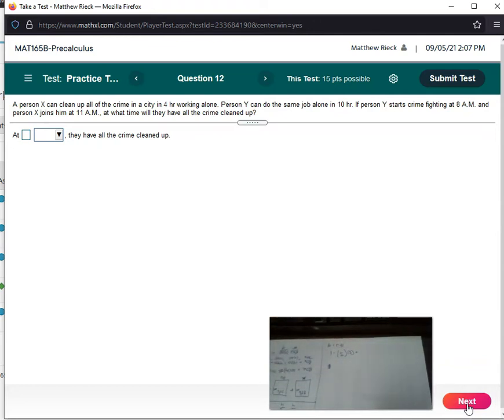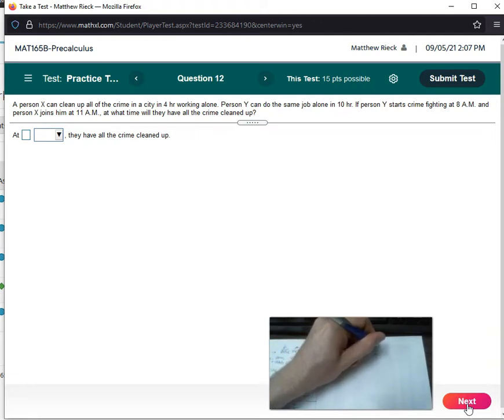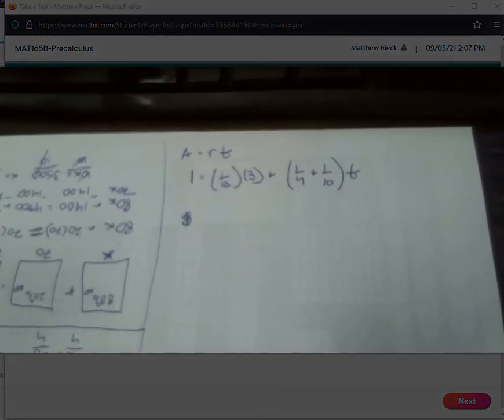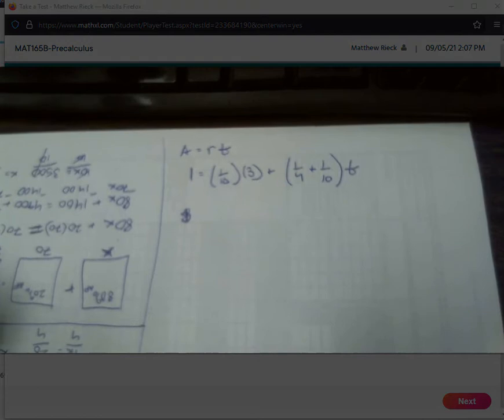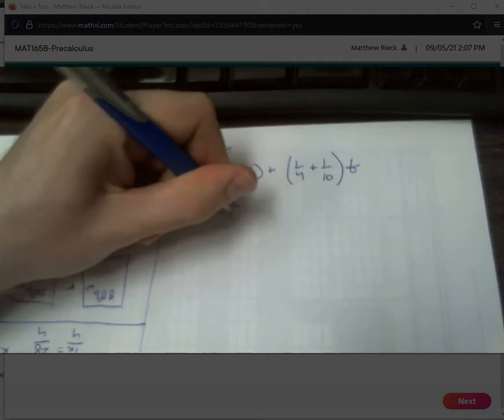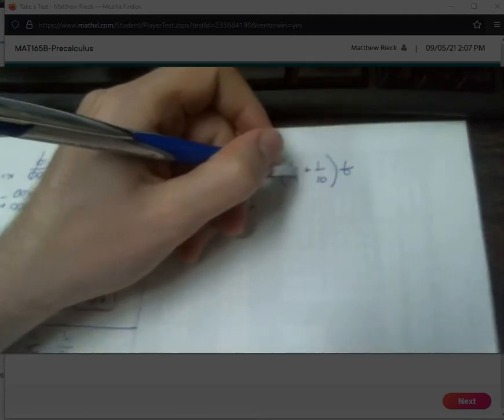All right, and then person X joins him. So together, person X can clean 1/4 of the crime in the city per hour. So we have 1/4, and then person Y can clean 1/10. So together they can clean the sum of that. And in this case, we don't know the time. So that is what we're trying to find here. So we have 1 equals 3/10 plus,